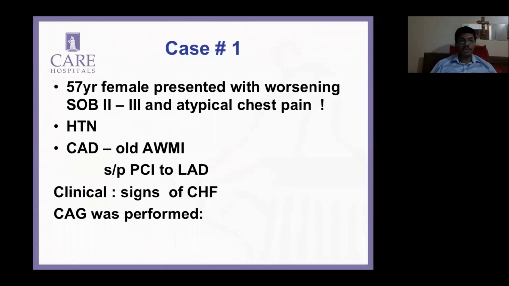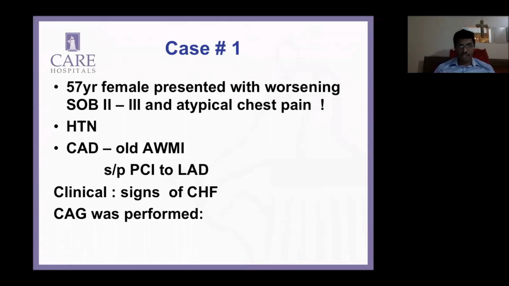So just going on to the cases now. As I said at the outset, this is off-label indications and would not be in tune with the guidelines, but since the topic is such that I'm going to be talking about that, I'm sure there will be some controversies. So it's a 57-year-old female presented with worsening shortness of breath, class 2 to 3,